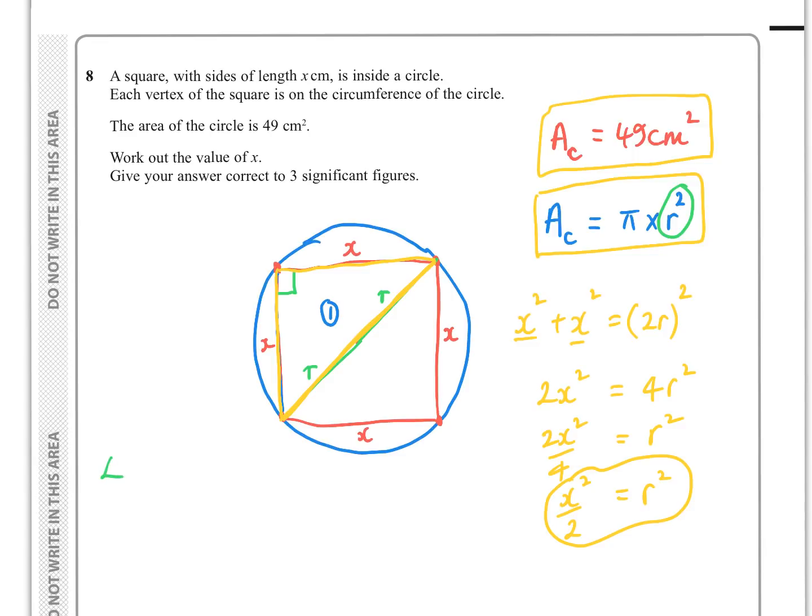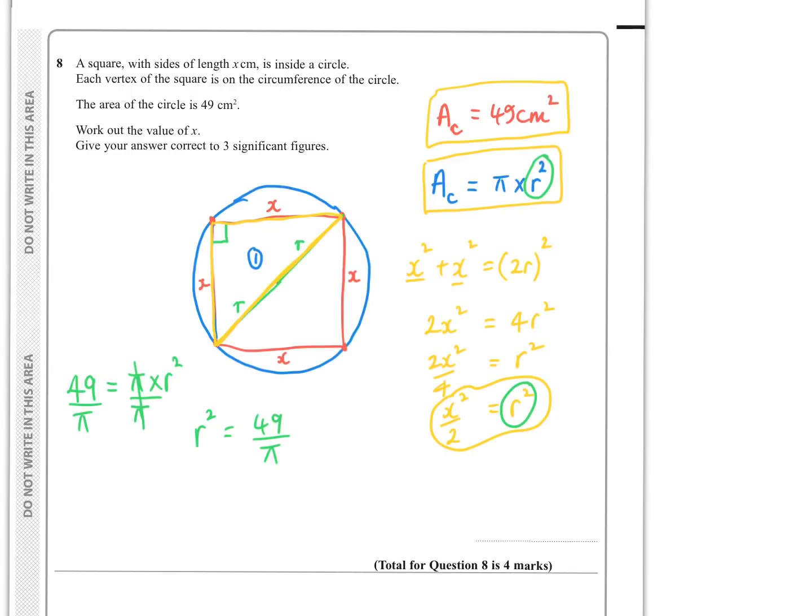So we know that 49 is the area, and that's equal to pi times the radius squared. So that means if I divide both sides by pi, r squared is going to be 49 over pi. But we're lucky we had an r squared here. So if I make a little bit more room,